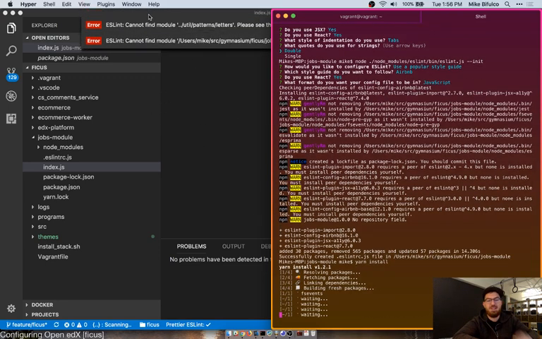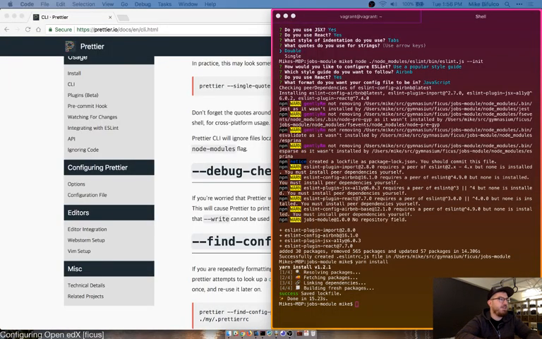Okay, hang on. While it's doing that in the background, I'm going to open up a new window and point it at just that folder. Open folder. Source. Gymnasium. I got it.